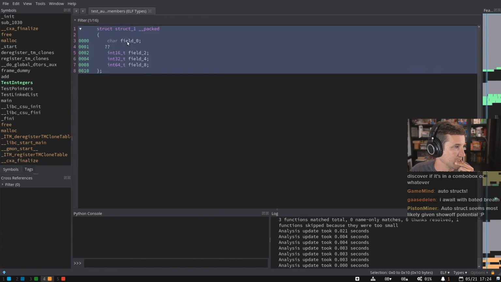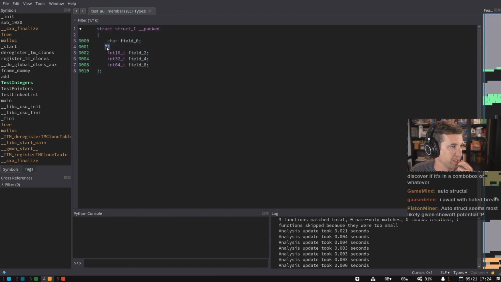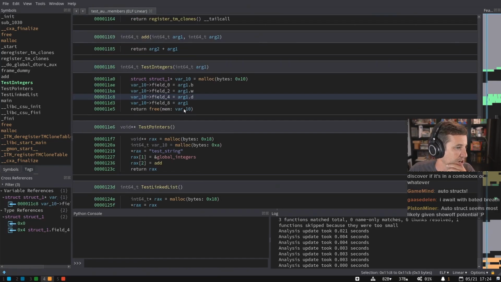Although this is interesting. The compiler apparently put in one extra byte. Like, it's packed, but not that packed, I guess. I don't know. Not sure how that works, but it's hard to argue with the offsets. So that's sort of the old way, right? I just hit S a couple times and it did that.